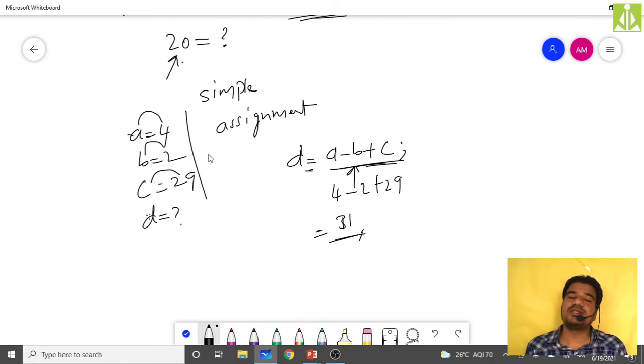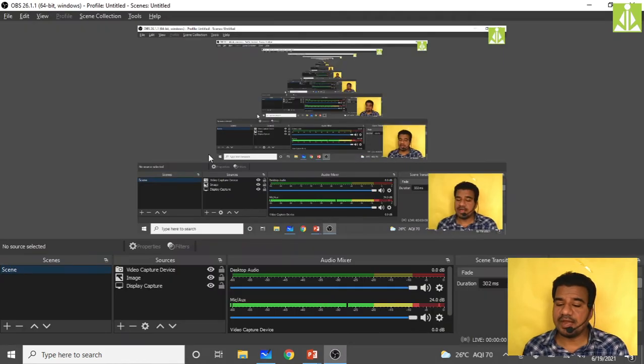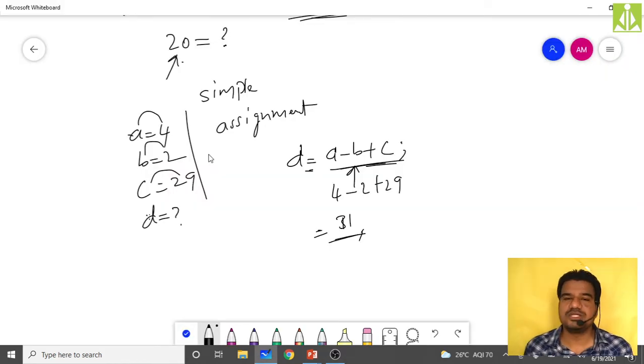Evaluated in the sense you will get a single value, simple or complex, and that single value will be stored inside the left hand side variable. This is simple assignment operation.